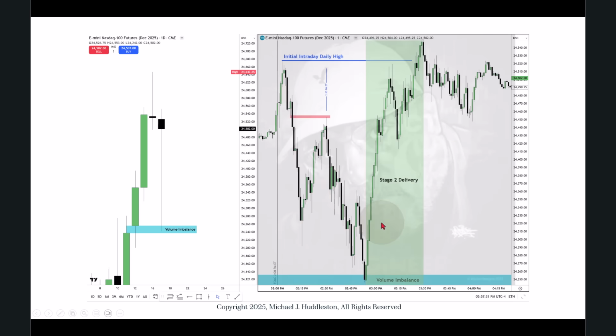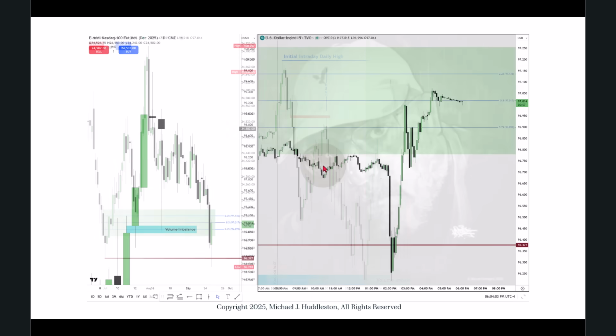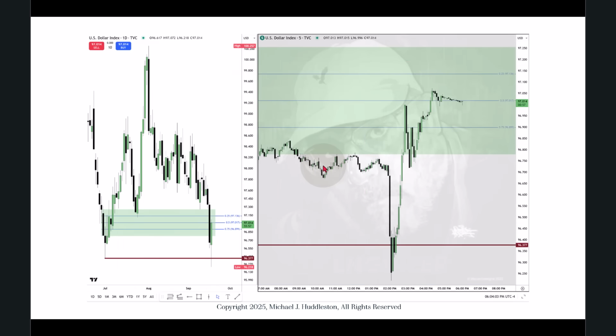And this is the second stage here from the low up to the buy side, running the high of the day. But look at this run here. That right there, you wouldn't expect something like that had you not listened to the lecture I gave you last night. And for all you FX, Forex freaks out there,